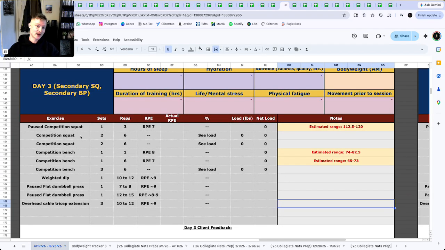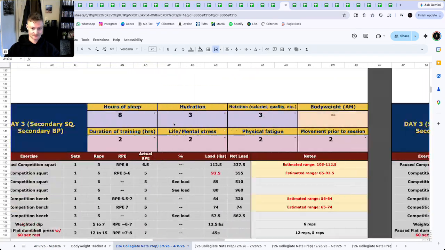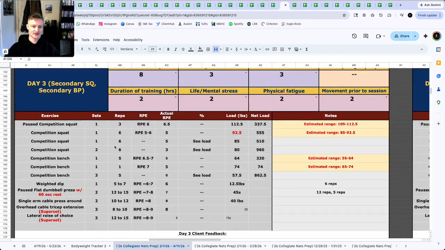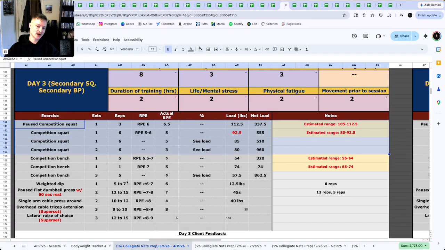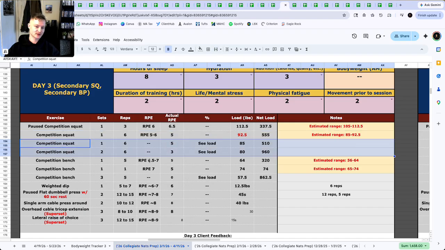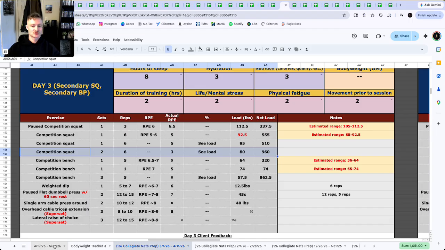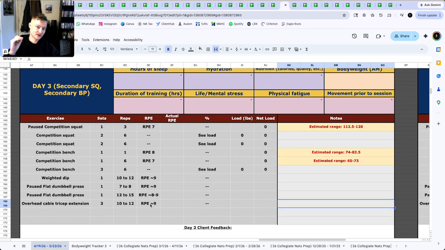So a simple way I like to do this, and an example within Maxine, is if you look at, this was her old secondary day layout on squat. She would do a top paused triple with a top set of 6, and then she would drop off 2 different times for a 3x6. So it'd be an RPE base set of 6. In this example, she would take 92.5 kilos, drop to 85 for 6, and then drop to 80 for a 2x6. So we wanted to give things a little bit more of a nudge, right?